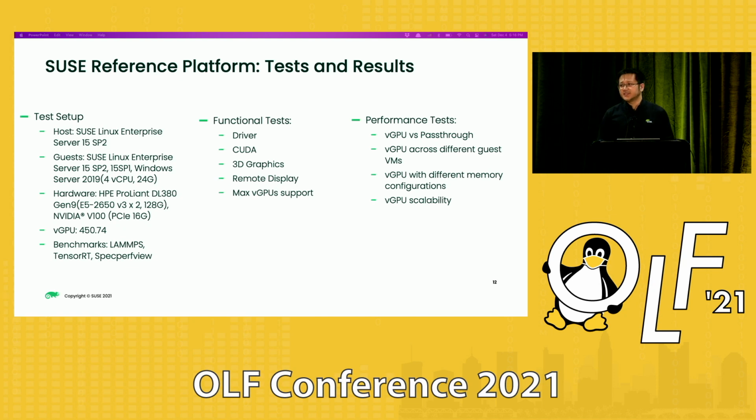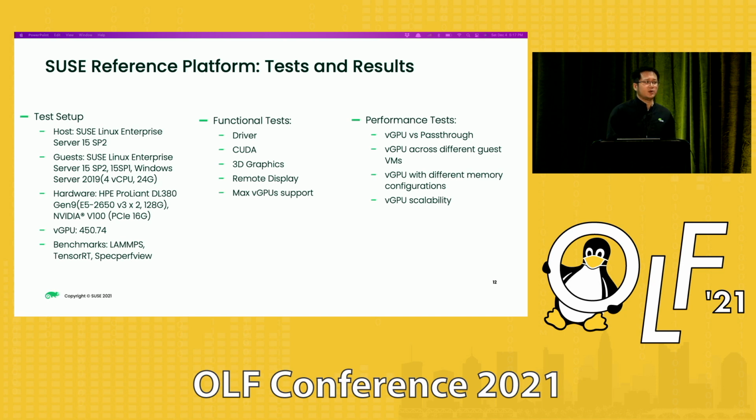We also want this guest VM to have 3D graphics performance, even though today is about the AI cloud, so 3D is totally a bonus. And also the remote display, like remote desktop and VDI. We also tried max vGPUs, running multiple vGPUs, 4 vGPUs, even 16 vGPUs on one GPU. And we made them work, but we also did a lot of performance optimization.